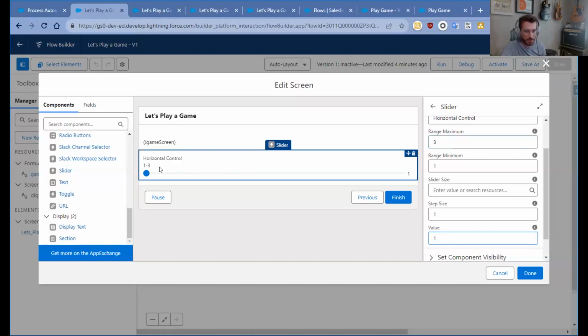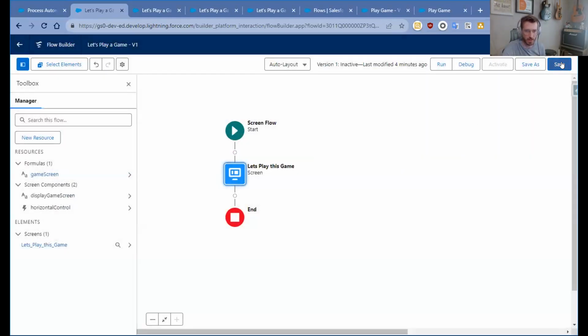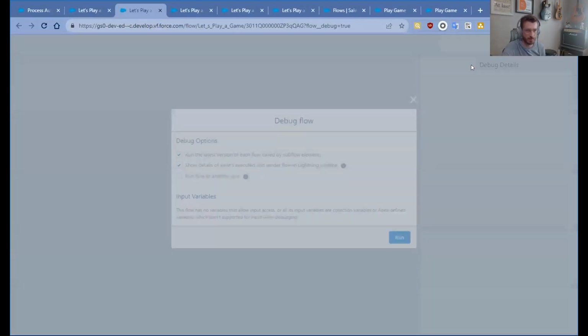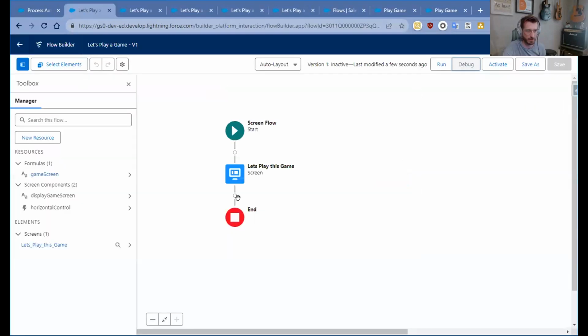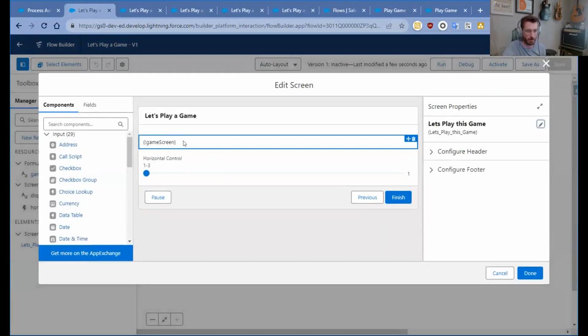So now I've got a horizontal control that starts at 1, allows me to move it to 2 or 3. And so before we try to hook that up to anything, let's take a look at what that shows me here. Okay, I can see I can move that around like that. And this leads me to the next step. If I want to start incorporating that value into my game screen formula,